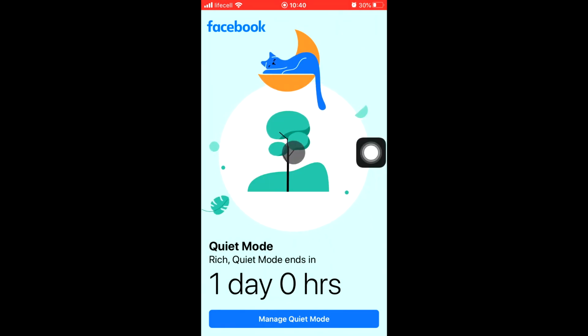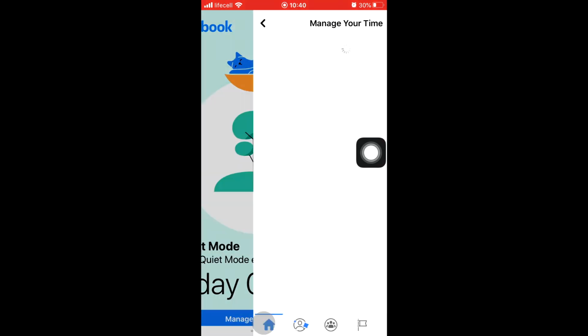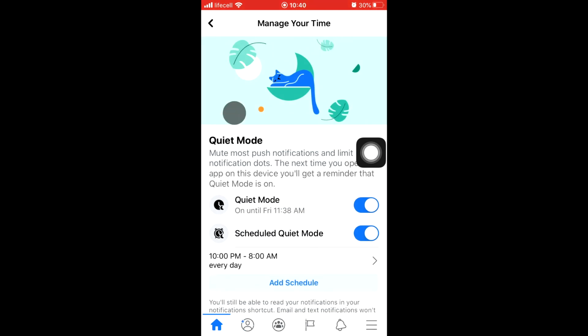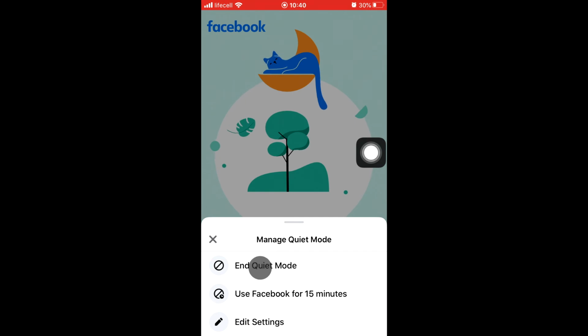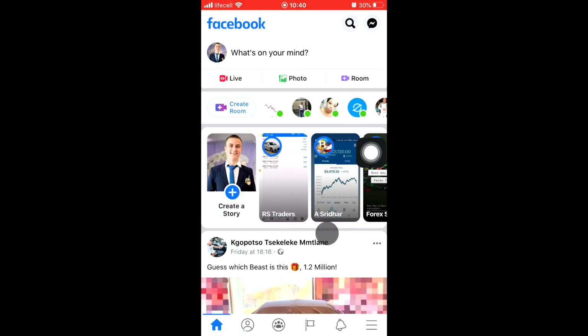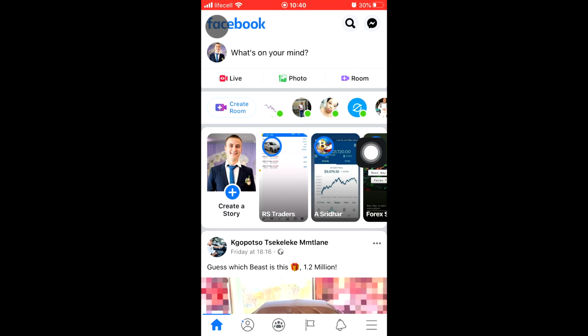Okay, to disable quiet mode, tap Manage Quiet Mode. You can end quiet mode, you can use it for 15 minutes, and tap Edit Settings to change your quiet mode settings. If you want to disable it, we tap End Quiet Mode, and of course you can use all your Facebook